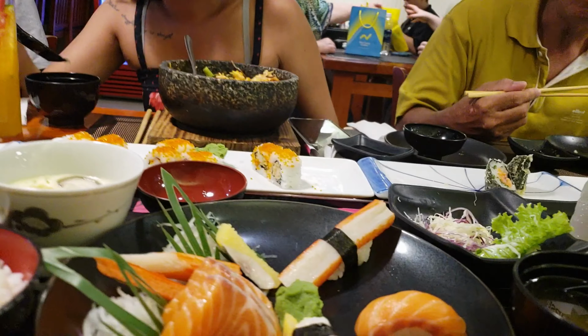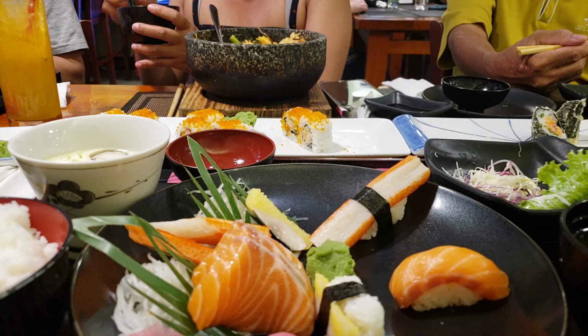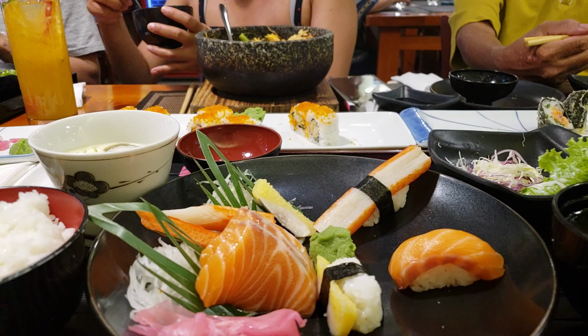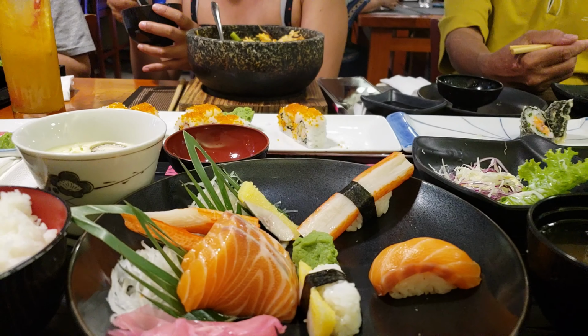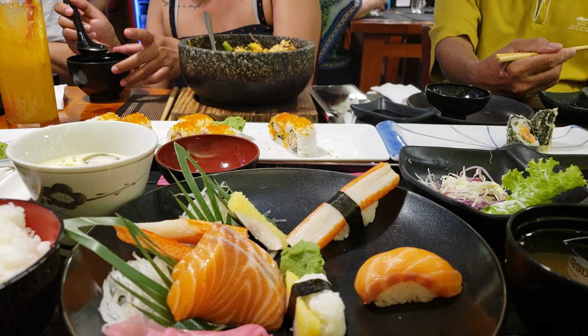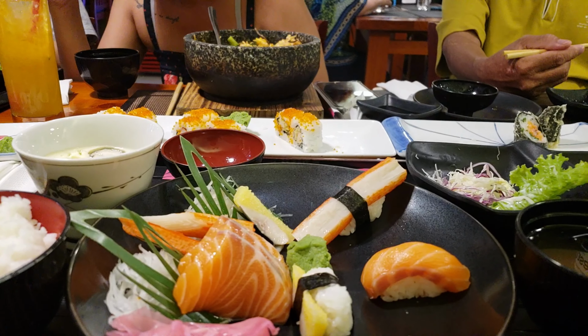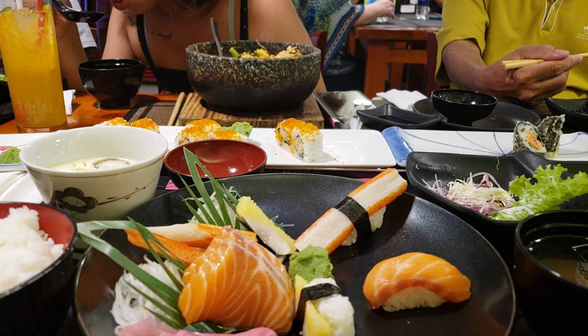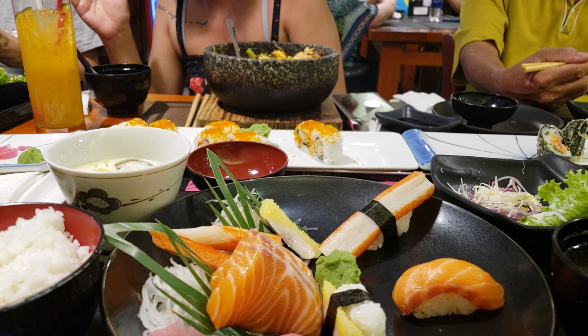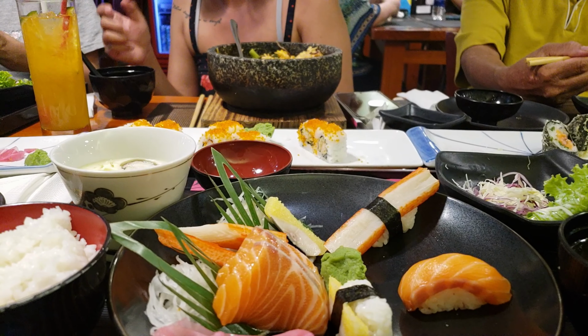But yeah, this is Hokkaido ramen, and I definitely recommend trying this place if you want some food that you're used to. If you're tired of the weird stuff, or even if you somehow get tired of Vietnamese food, definitely get this to try. Cleanse your palate a little bit, get you a bit of flavor from home,